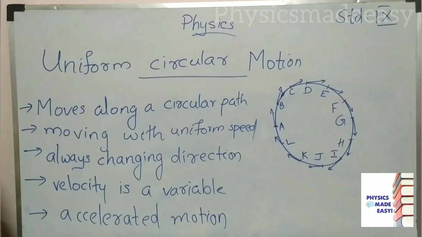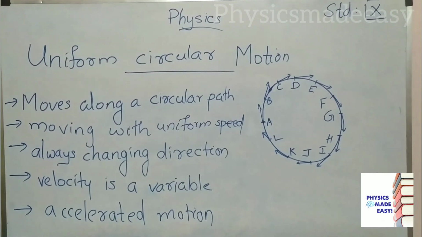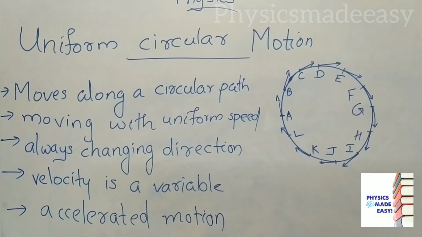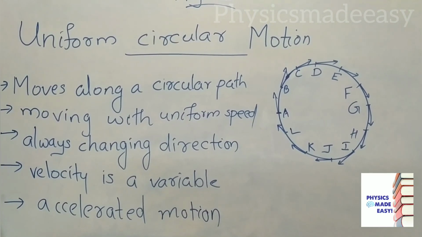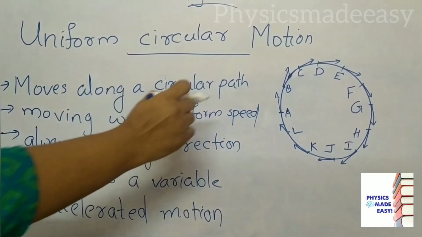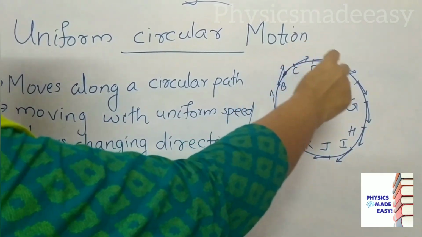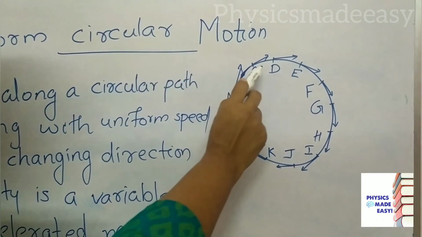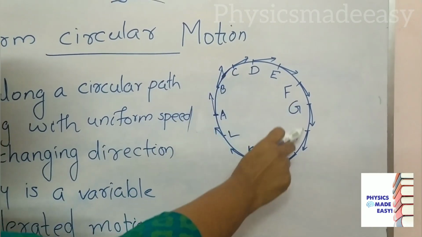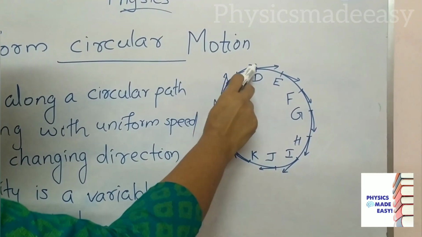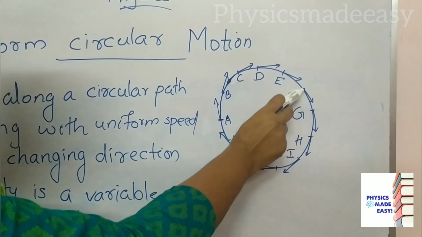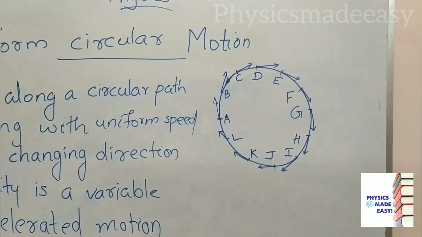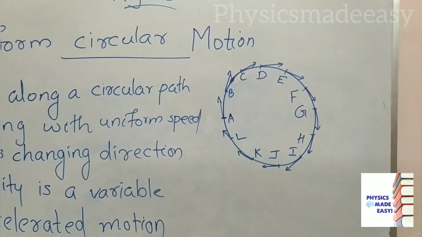Let us see what is uniform circular motion. You know, if an object is moving along a circular path, we can say that is circular motion. Then what is uniform circular motion? Here you can see a circle. Later we discussed if the sides of the path increase, the number of changing directions also increases. Here you can see a circular path and you can see so many points in that circular path. Here I have shown the directions. So from this we can say if an object is always changing its direction, that object is moving along a circular path.